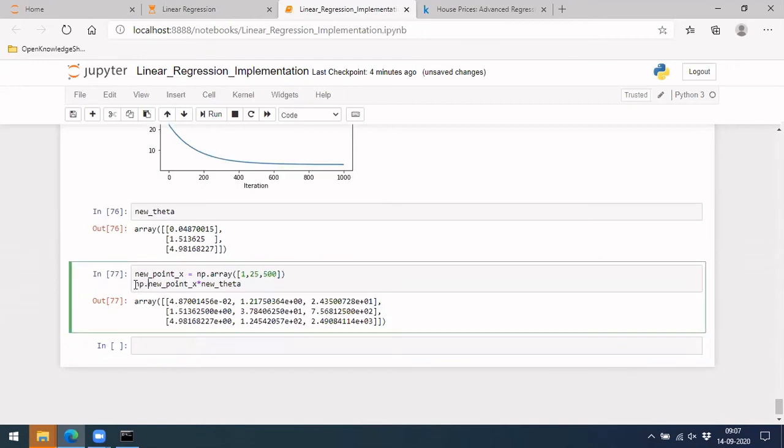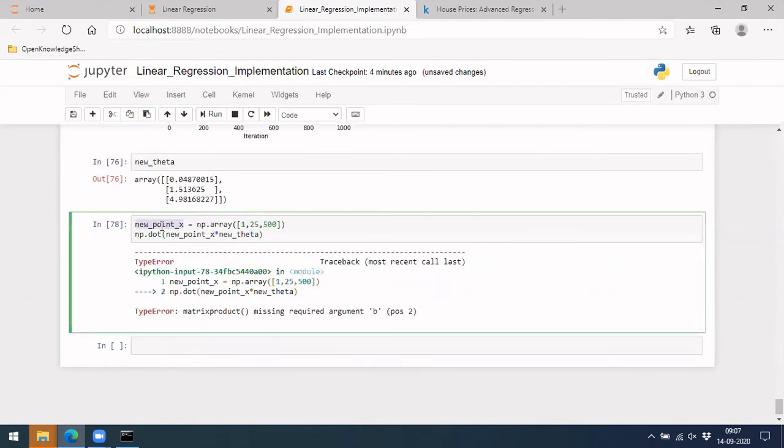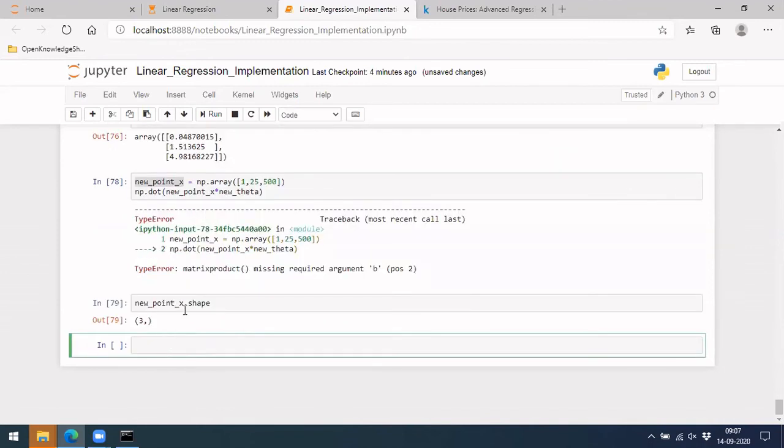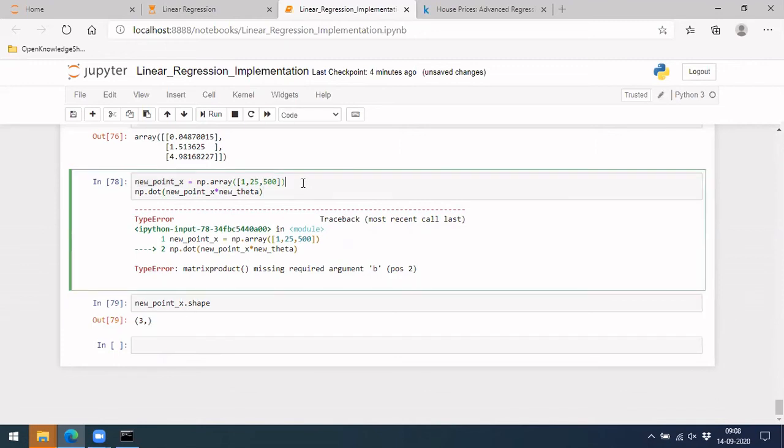Sorry, we have to do np.dot. Okay, so point x, let's see what the shape of this is. Actually we need it in 3 comma 1, and it's currently 3. So what we should be doing is .reshape(-1, 1).